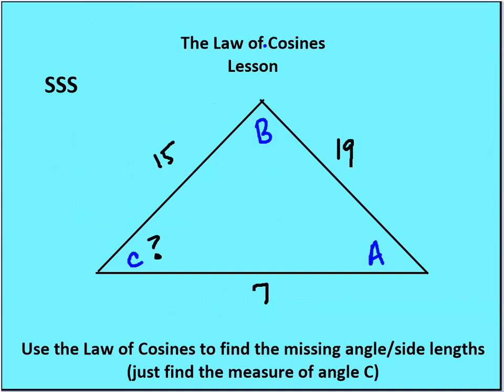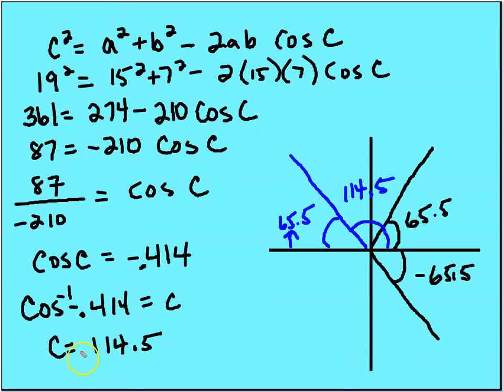All right, so let's go back to our table, and we're going to use the law of cosines to find the missing side lengths. And you can just solve for C if you want. We're just trying to see if this is possible instead of going through the law of cosines to find all three angles. So I'm going to pause here. You're going to do the work, and I'm going to show you that C is equal to